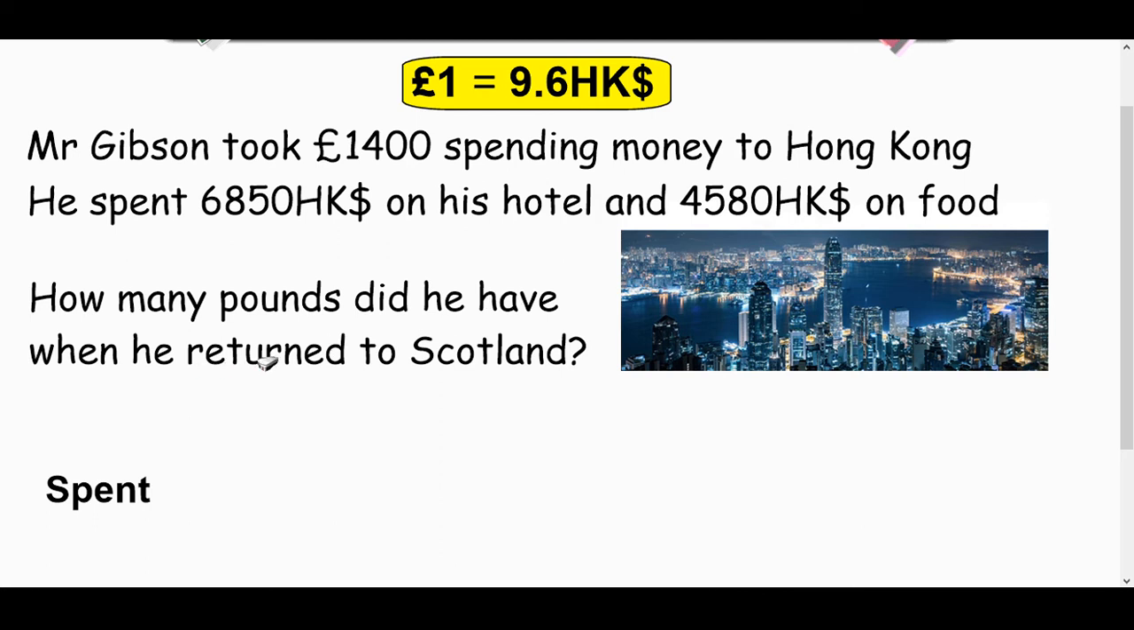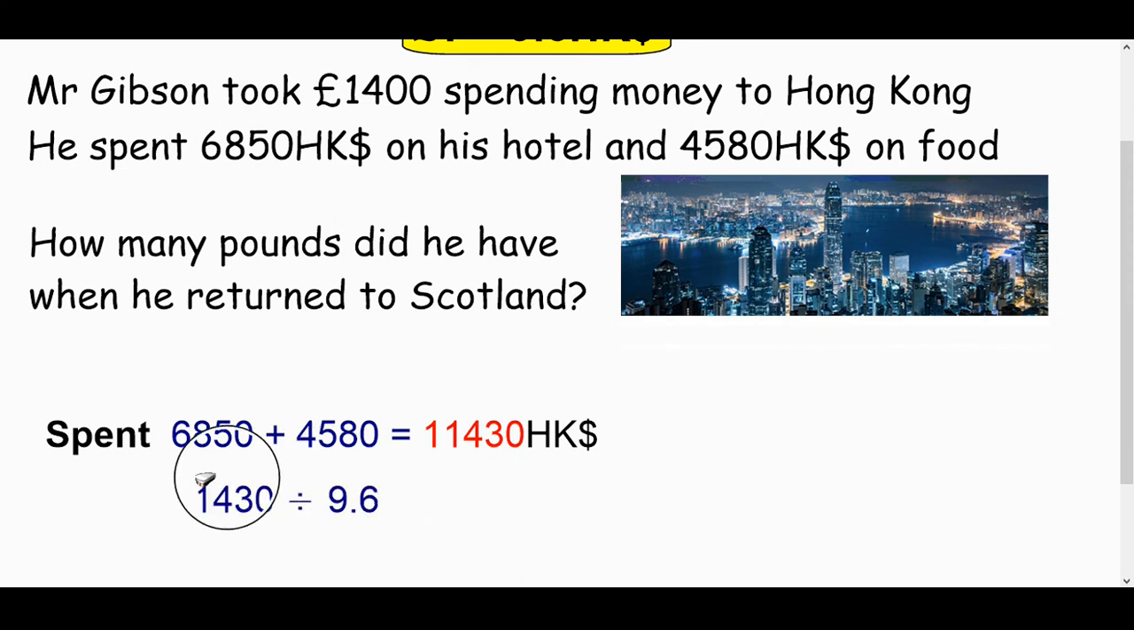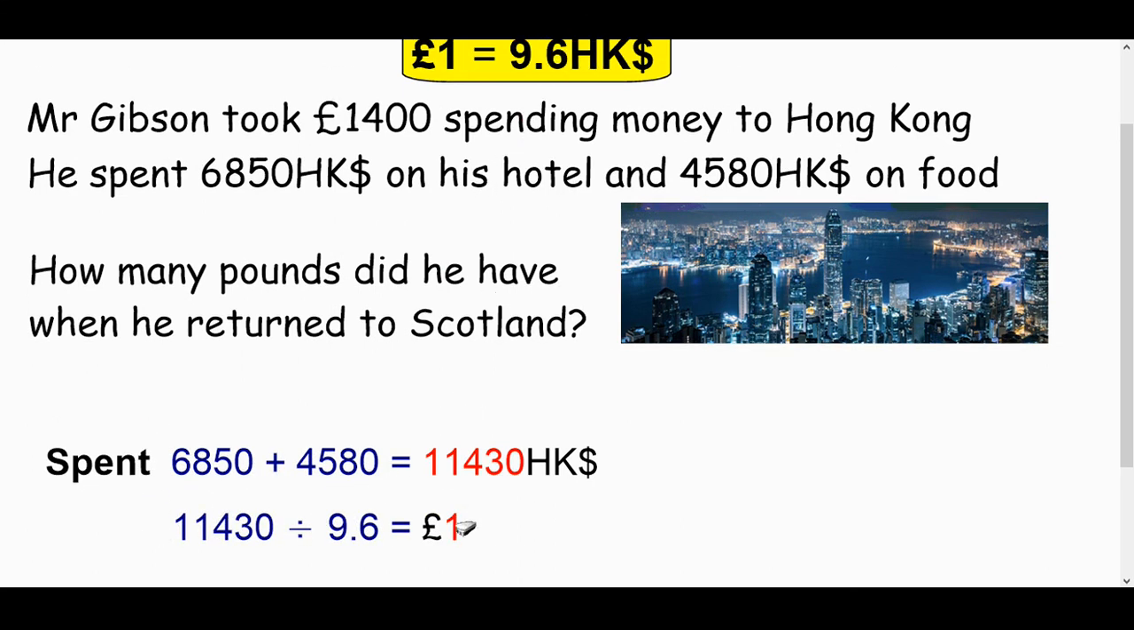Now, there's a variety of ways of doing this. The easiest way for me is to work out how much I spent altogether in Hong Kong dollars. So that's just an add sum. That comes to 11,430 Hong Kong dollars. But I need to see what that is in pounds so that I can think about how much money I had. So I had 1,400. So I change this into pounds by dividing by 9.6, because that's what the exchange rate is there. So divide by 9.6 and I spent